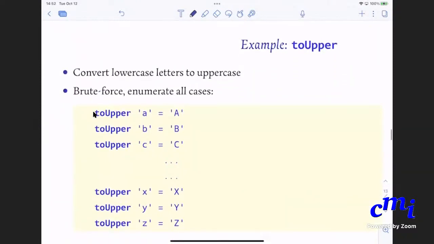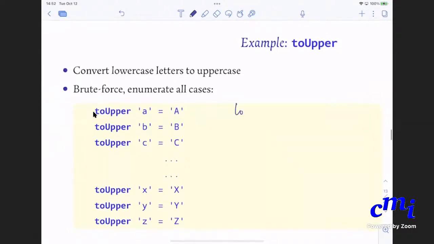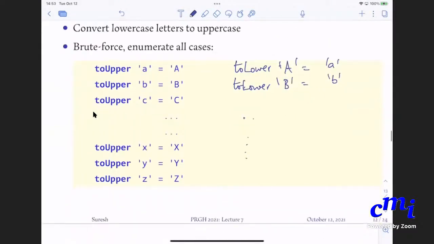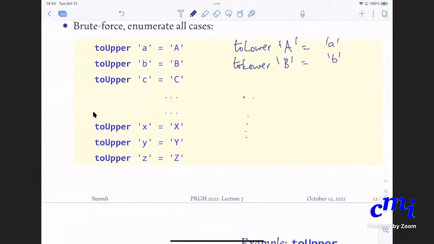And then you have lots of other functions in Data.Char. Here is a very useful function called toUpper. It will convert everything to uppercase. So small a will become capital A, small b will become capital B, small c will become capital C, etc. Similarly, you have toLower. toLower of capital A will become small a, toLower of capital B will become small b, etc. Sir, will this directly work, or do you have to import some toUpper tool? Import Data.Char. If you just do that, toUpper will be available automatically.